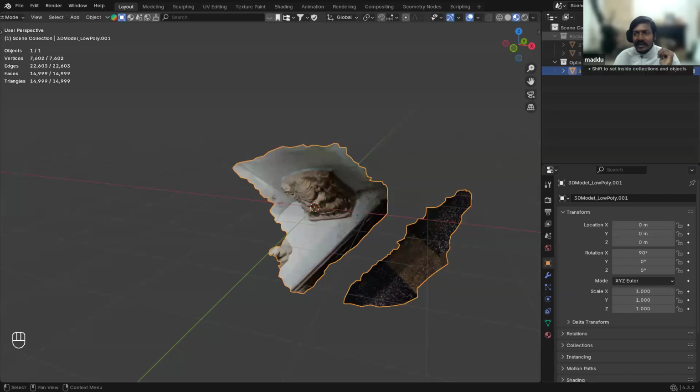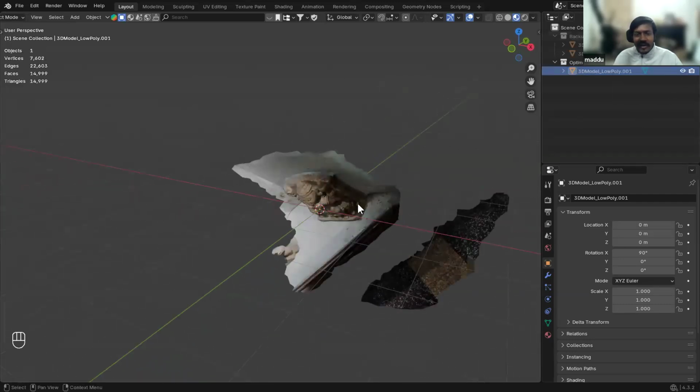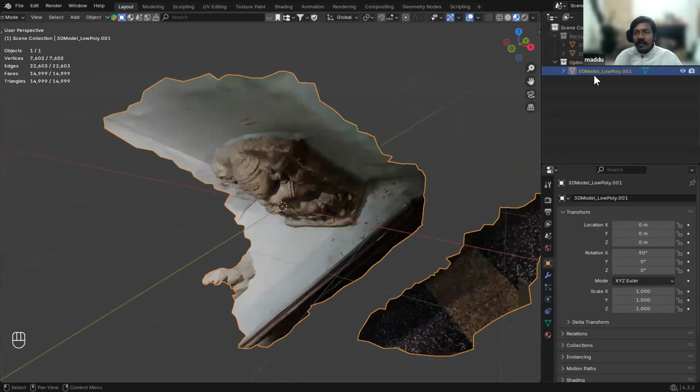Whenever you click on render, if the camera is active, it will render. If the camera is not active, it will not render. So I'm only looking at 3D low poly. If I hide this, everything will go away. Okay, I'm going to click on this eye icon. Everything goes away. So I know for a fact that only the 3D model low poly dot 001 is visible,